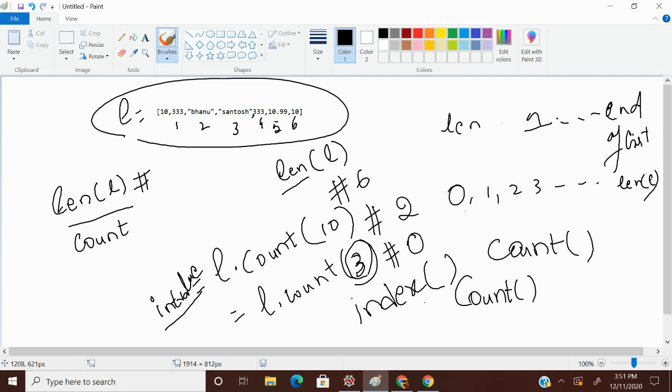So here I wanted to find the index position of, L dot index of. Index always starts from 0, 1, 2, 3, 4, 5.